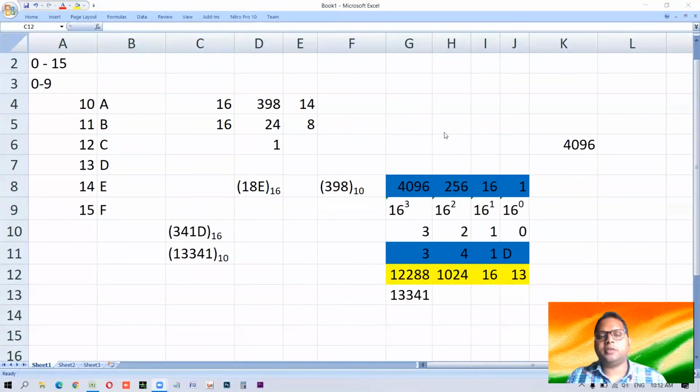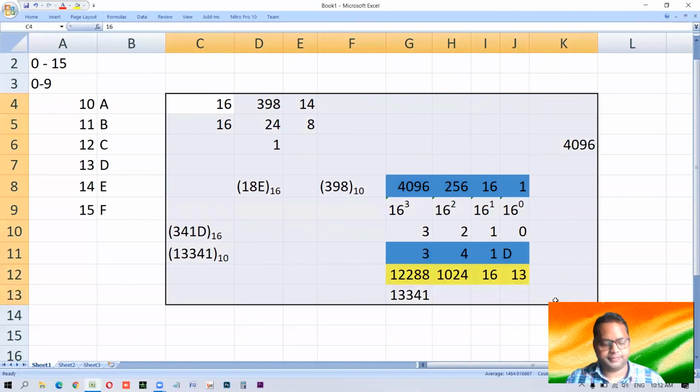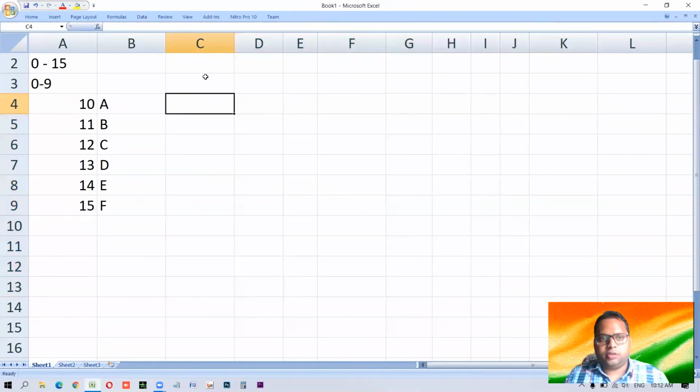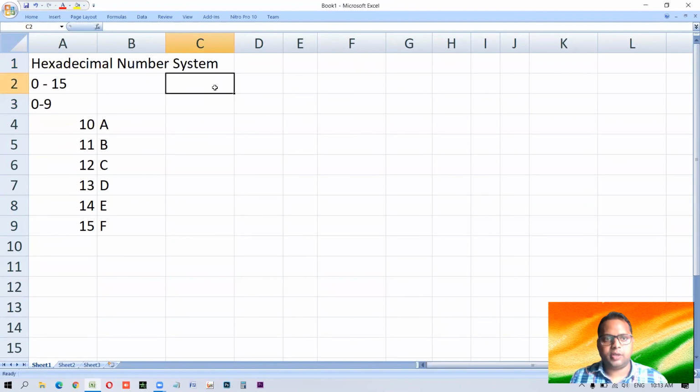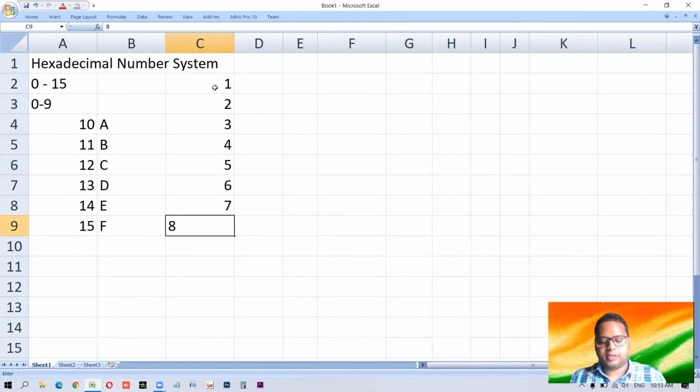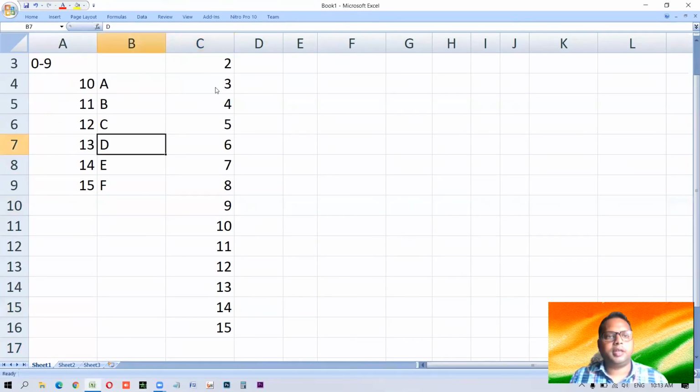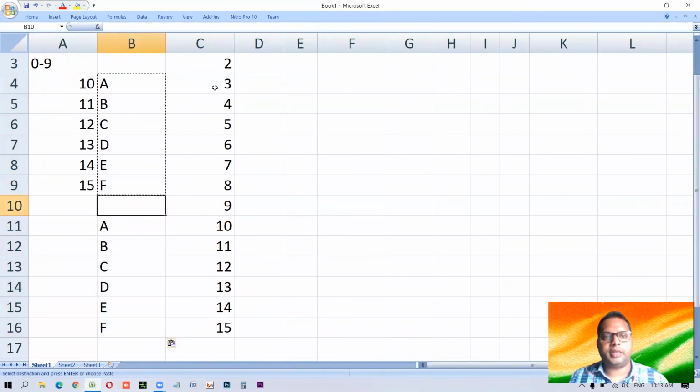So now we'll see how we can convert hexadecimal to binary and binary to hexadecimal. That's very easy and interesting. So let us do this in the same worksheet and let us remove all this. As we did in the last class for octal, the same we will do. In hexadecimal, how many digits are there? We have 1, 2, 3, 4, 5, 6, 7, 8, 9, and 10, 11, 12, 13, 14, 15. And you know these codes are there for 10 and all.